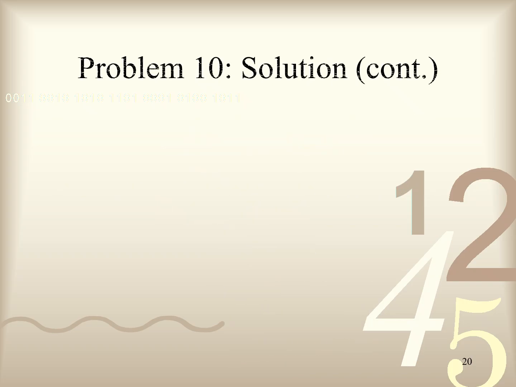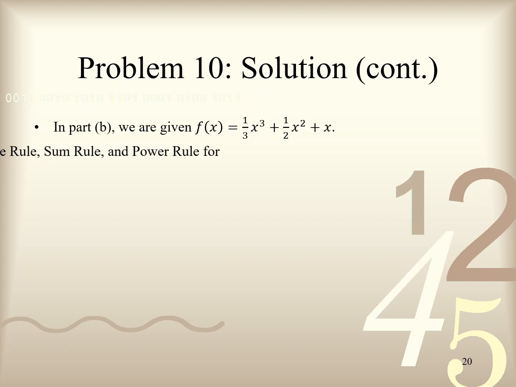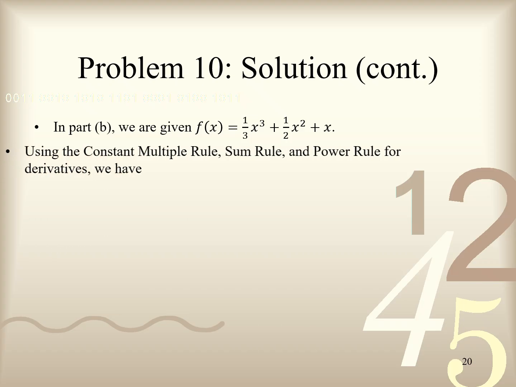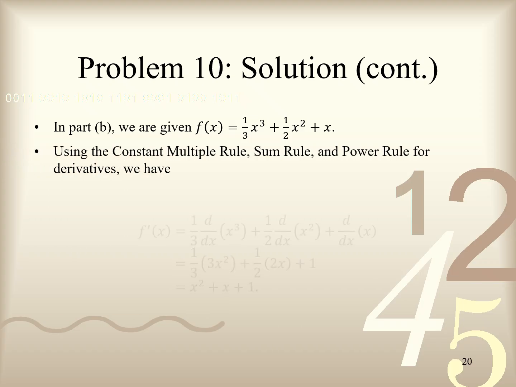In part B of problem 10, we are given the function f of x equal to 1/3 x cubed, plus 1/2 x squared, plus x. We must find its derivative f prime of x. Using the constant multiple rule, sum rule, and power rule for derivatives, we have f prime of x equal to